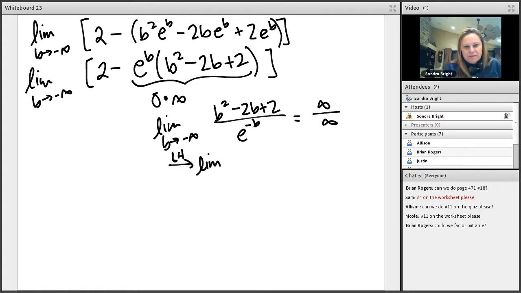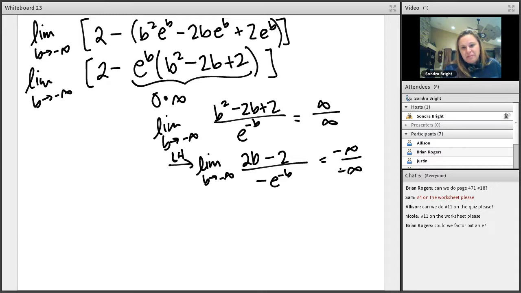And then now I can do L'Hopital's rule, and this is the limit as b goes to negative infinity of 2b minus 2 over negative e to the negative b, which is still a negative infinity over infinity, because that would be a positive, yeah. So that's still an infinity over infinity. So we'll do L'Hopital's again,